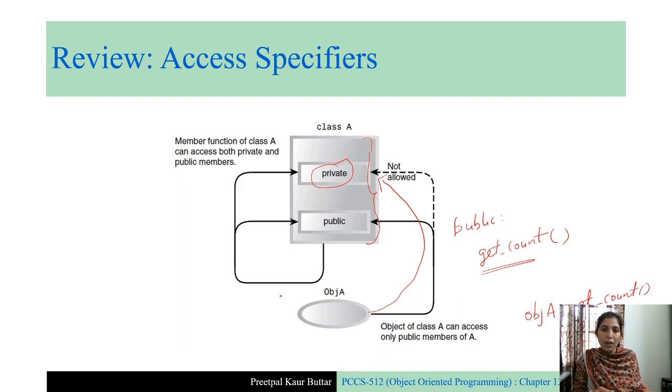Public members of the class can access the other public members and can also access the private members. Why private members? Because the private members are inside this class, and public members are also inside this class. So internally the private members are accessible. That is why these public members are able to access the private members.